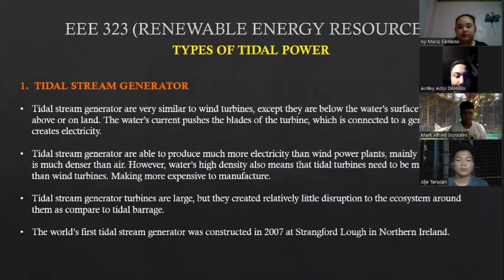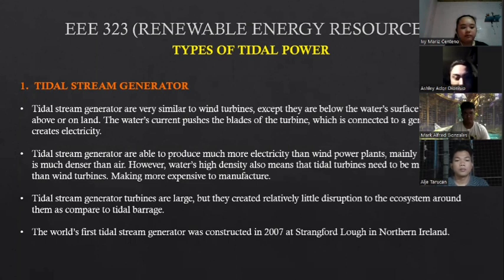First is the tidal stream generator. Tidal stream generators are very similar to wind turbines, except they are below the water surface instead of above or on land. The water current pushes the blades of the turbine, which is connected to a generator that creates electricity. Tidal stream generators are able to produce much more electricity than wind power plants, mainly because water is denser